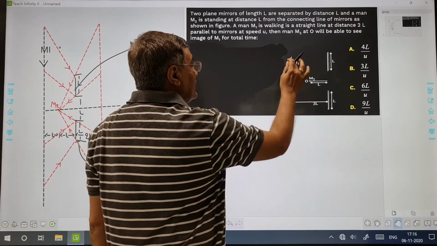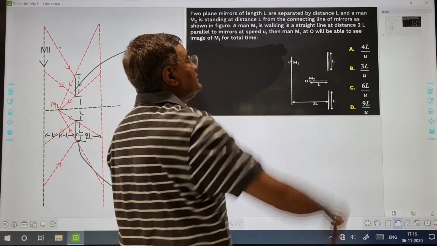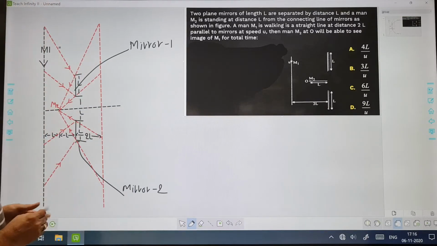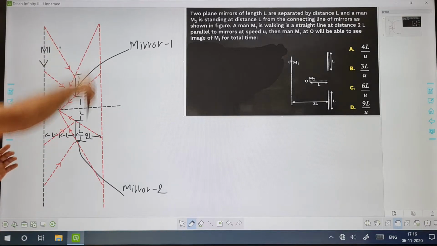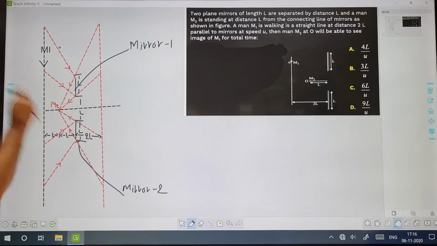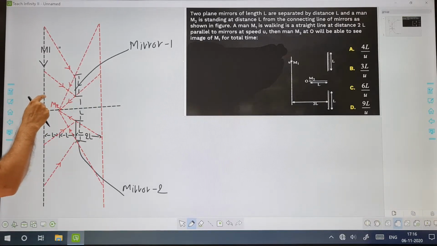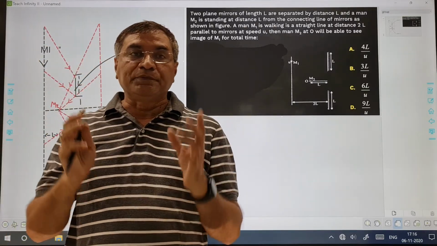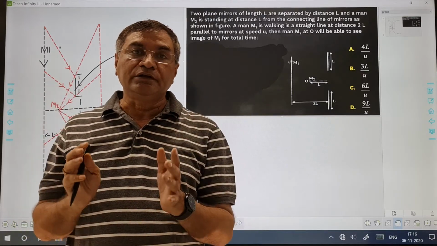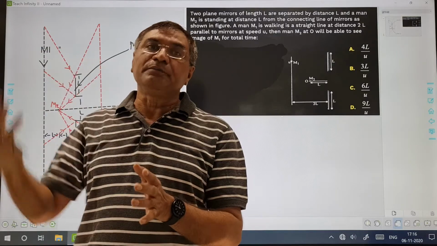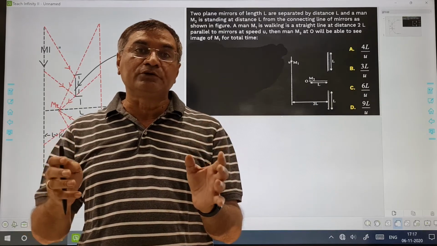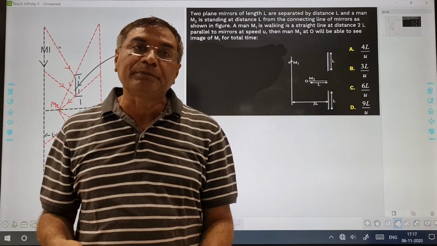So this person has to see the image of the other in the mirror, so for how much time will it be visible, that is our question. I have drawn a bigger figure and kept it ready, so that your time is saved. So one person is moving parallel to these mirrors, mirror 1, mirror 2, right? We have solved certain problems. If you remember, suppose a person is standing in a room and he is looking backward in the mirror placed in the front wall. We have done this type of problems. Or, what is the size of the mirror to see the complete image of oneself, we have done this type of questions.